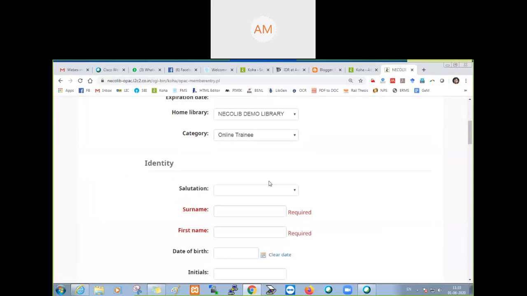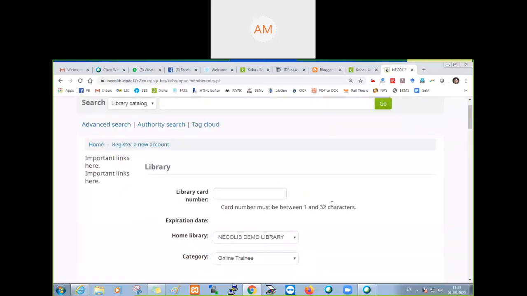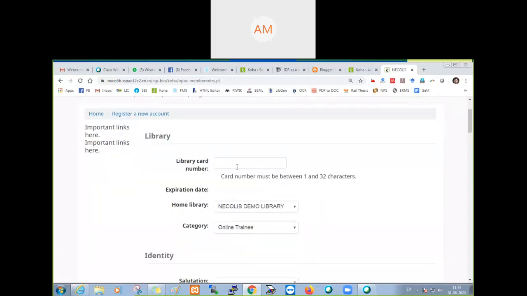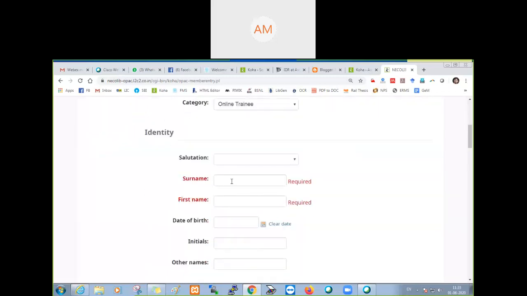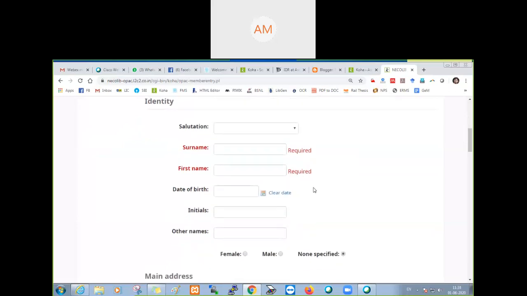If the user registers, there is the library card number. This must be between 11 to 32 characters, or left blank. Before this, one more thing should be activated. Now these are the things the user fills in. Only the red portion is mandatory.